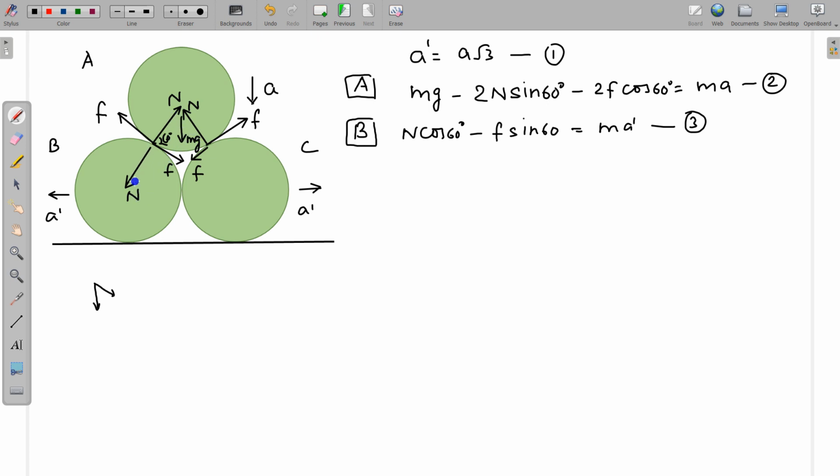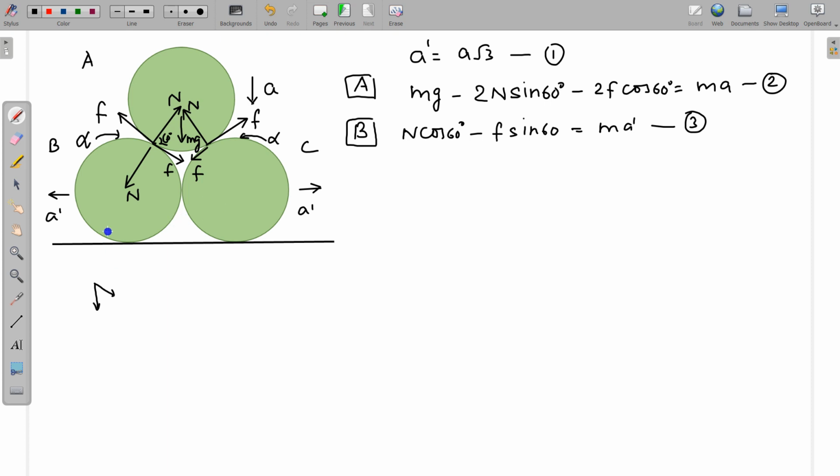B, the normal direction passes through the center, mg will pass through the center, but due to the friction tangential force it will rotate in the clockwise direction. So this B has a tendency to rotate in the clockwise direction. Let us assume its angular acceleration is alpha, and obviously this will rotate in the anti-clockwise direction with the same angular